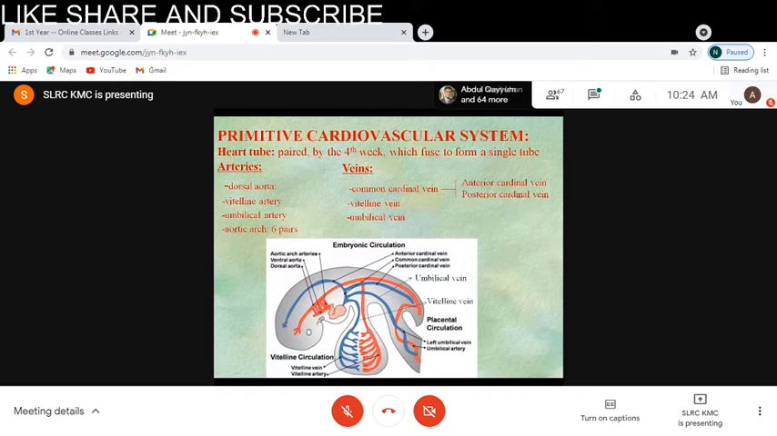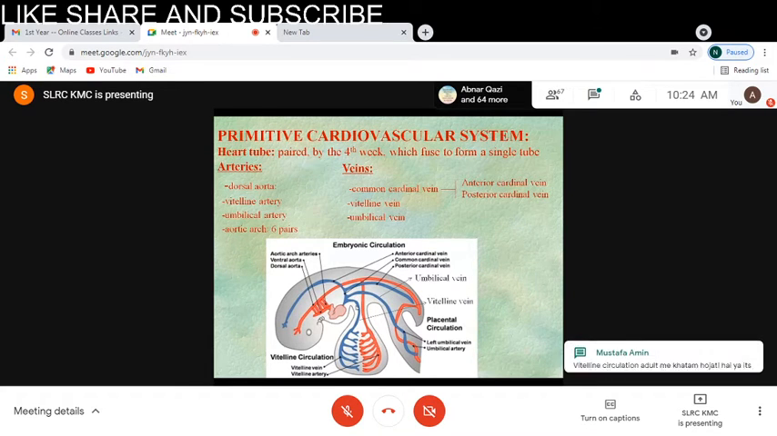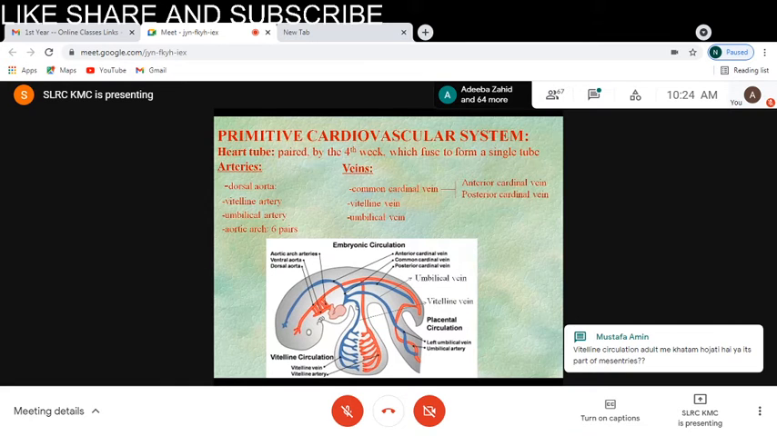So the venous blood is being brought by three sets of veins: the common cardinal veins, the umbilical vein, and the vitelline vein। ये दूसरे स्क्रीन पे भी मैं बता देता हूँ। This is the common cardinal vein, this is the umbilical vein, and this is the vitelline vein।